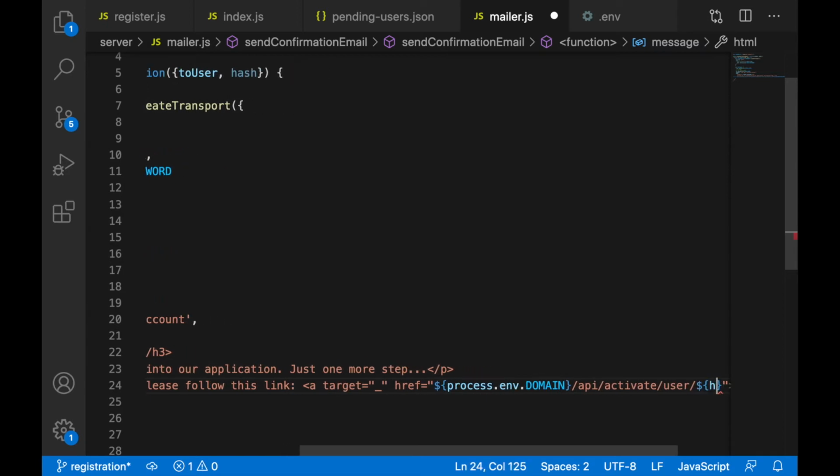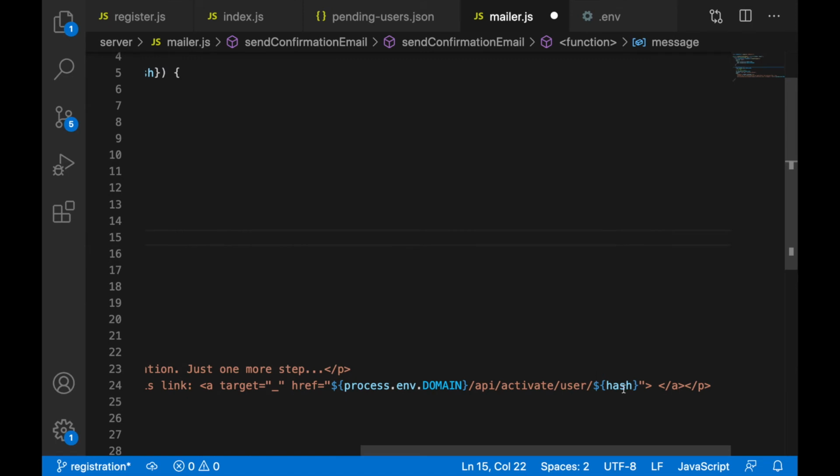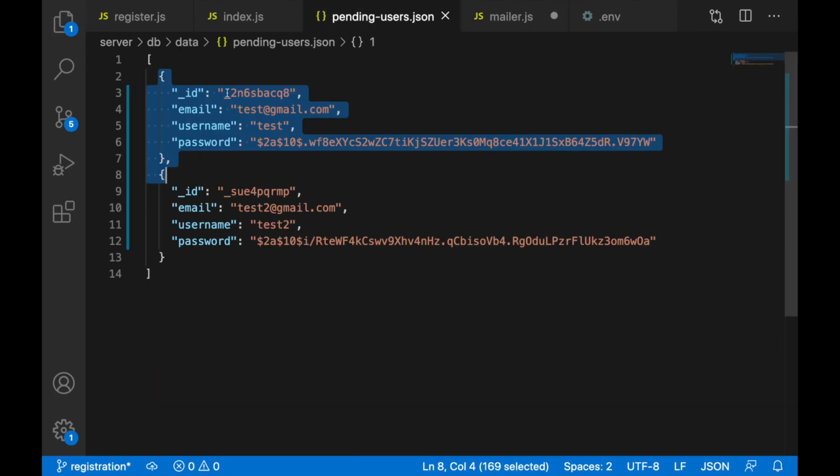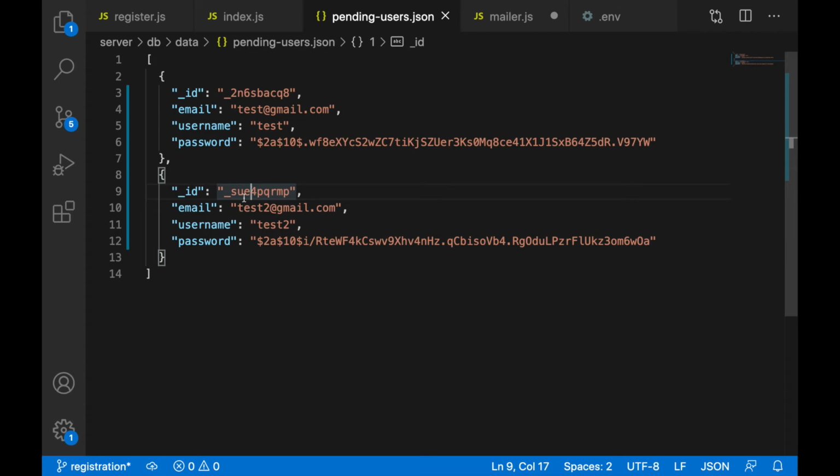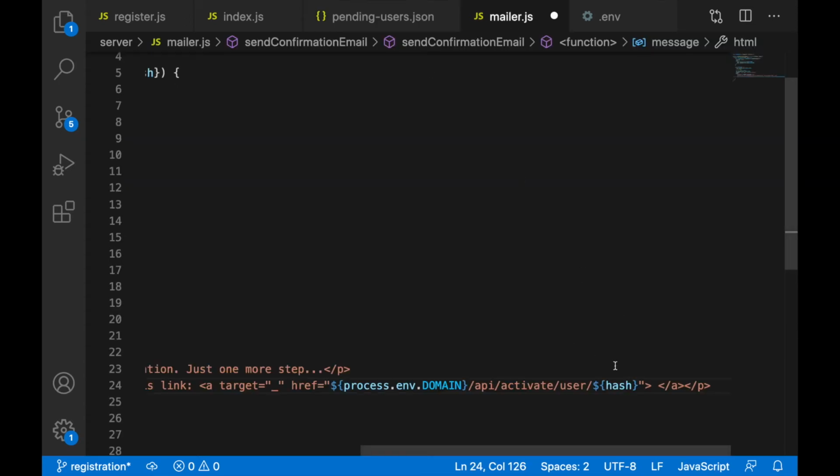Now, /API/activate/user/$ curly brackets which will be hash. In this case, the hash is actually the user ID we are storing our user with. So this will be the ID we are creating when we are creating a user. This will be some specific identifier for a user. This hash will be sent here. Okay, so the link will go to http localhost 3000 /API/activate/user/hash of the user. And the text in the link will say simply, we can just write here activate